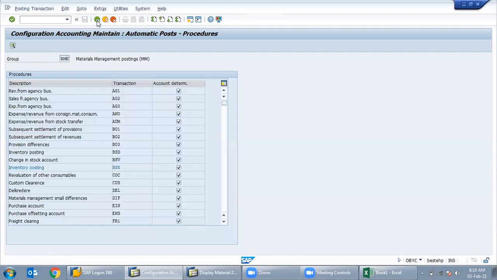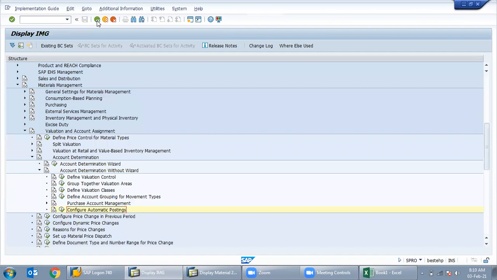So that is called the integration of FI and MM, because GL comes under FI and valuation class comes under MM. By linking both of them, you are making the integration of FI and MM. That is the main question. The interviewer will 100% ask you what is the integration of MM and FI. Then you have to tell them that OBYC is the settings for FI-MM, where we put our valuation classes and FI guys will put their stock GL. So in that point of view, it was linked together and integrated, right?